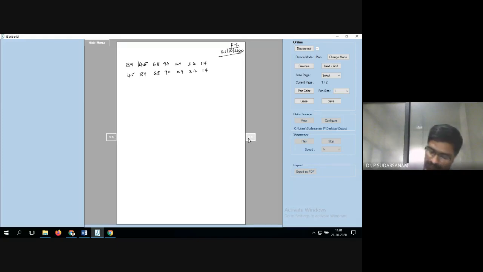Now the second element, 45, is over. Now you take the third element, that is 68. You will be comparing: 68 is less than 89. The condition is true, so 89 should be moved here. Now you check whether 68 is less than 45. The condition becomes false. So 68 will be copied here and 45 as it is. Now the remaining elements are copied as they are.